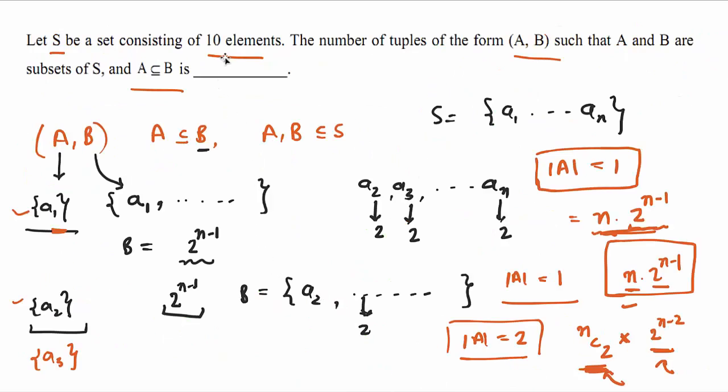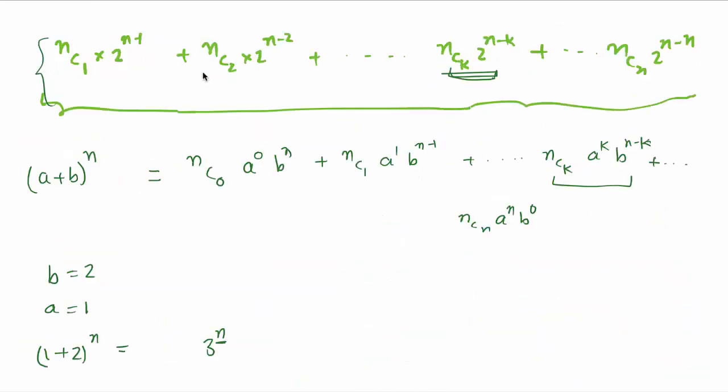What is given, n equal to 10, this is already given, right? There are 10 elements in S. So we can say that this is nothing but 3 power 10. So 3 power 10 is our answer. We can also solve the same question using a different method, which you might find a bit edgy, but it's good to know both the methods, okay? That's why I have explained this long method.